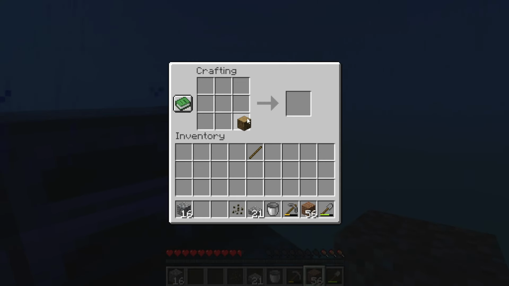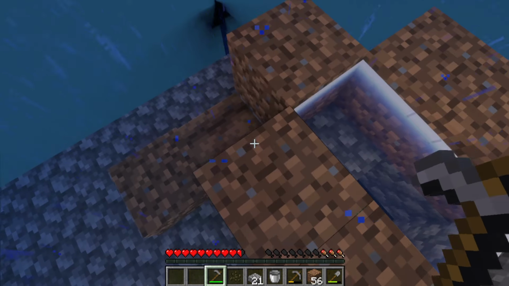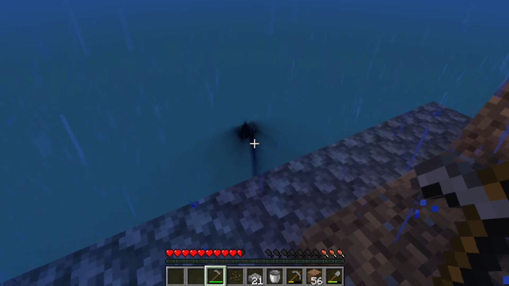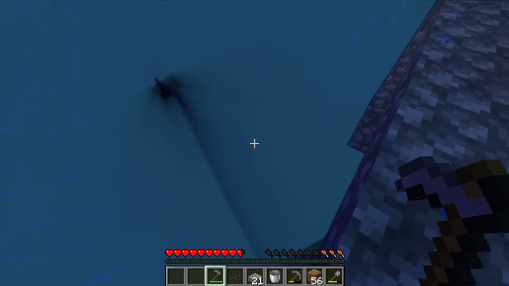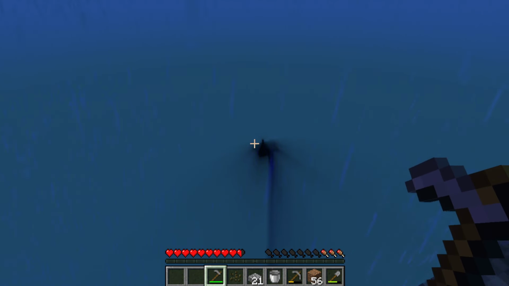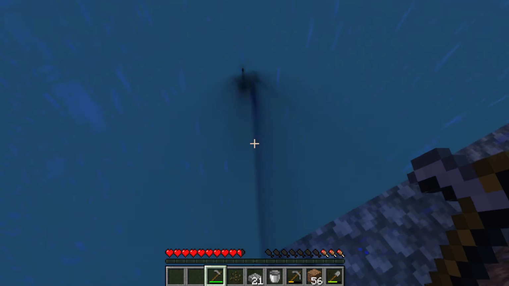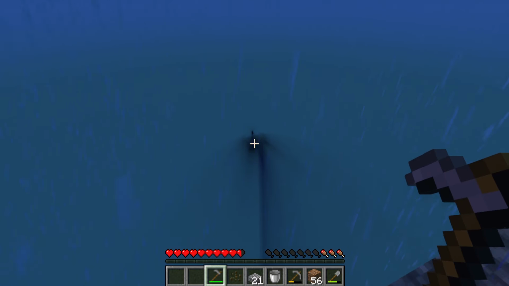Boom. At this point, everything's going to be a stone tool. So we can use our hoe. There. Does that. What is that? Is that just my shaders? That is the shadow of my water. Okay. Oh no, that's my shadow. Hello. That's my shadow down there. Look at that. I wish I had a zoom in feature. Look, that's me. Anyway,